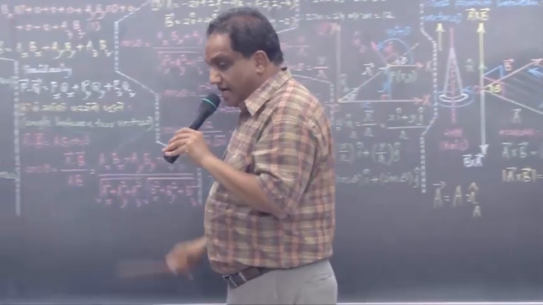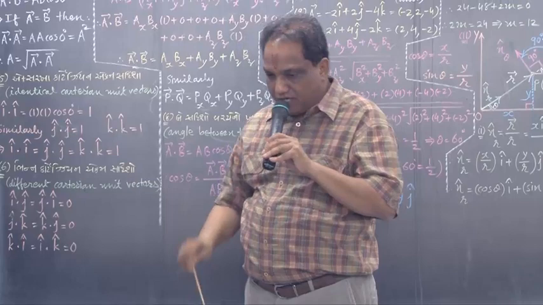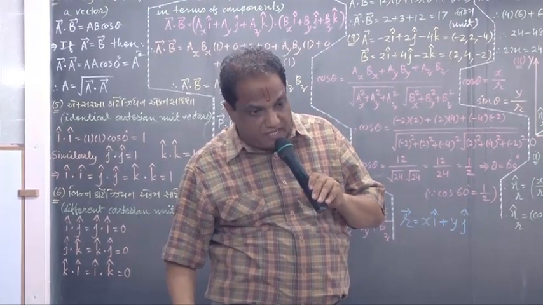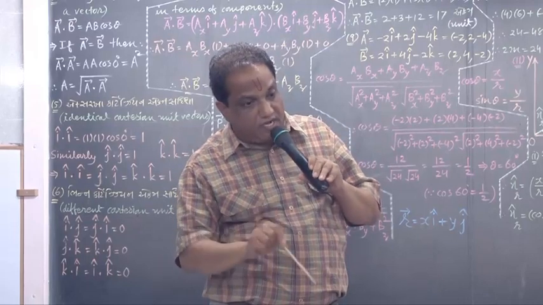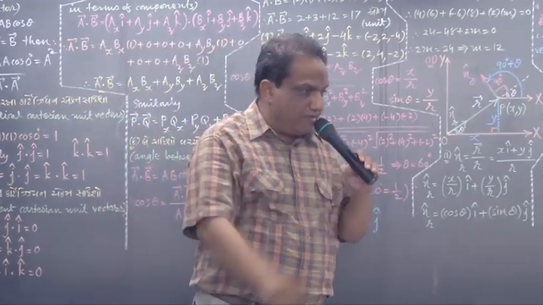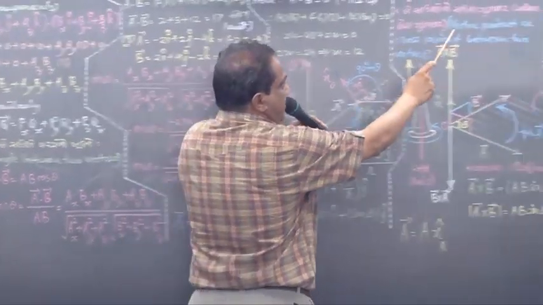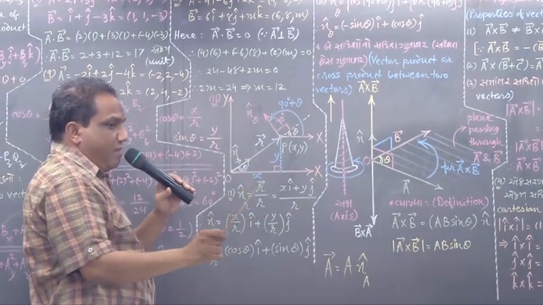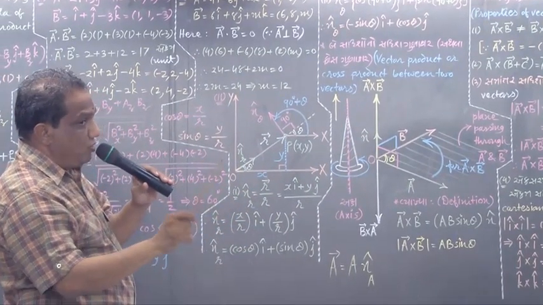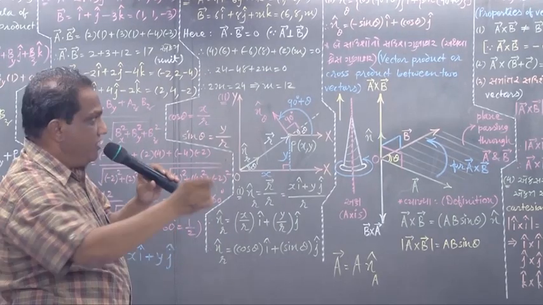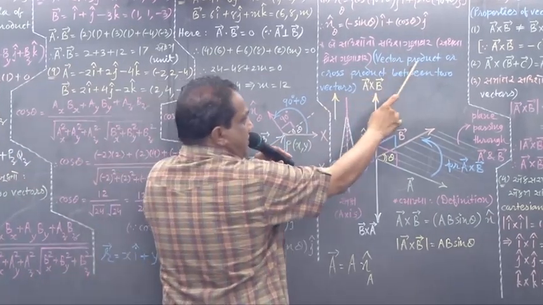Last time we had studied scalar product or dot product. Why was the name like that, scalar product? Because the ultimate result was a scalar. Why is the name here vector product? Because the ultimate result will be a vector. By taking a product between two given vectors, if the ultimate result is a vector, we call it vector product.